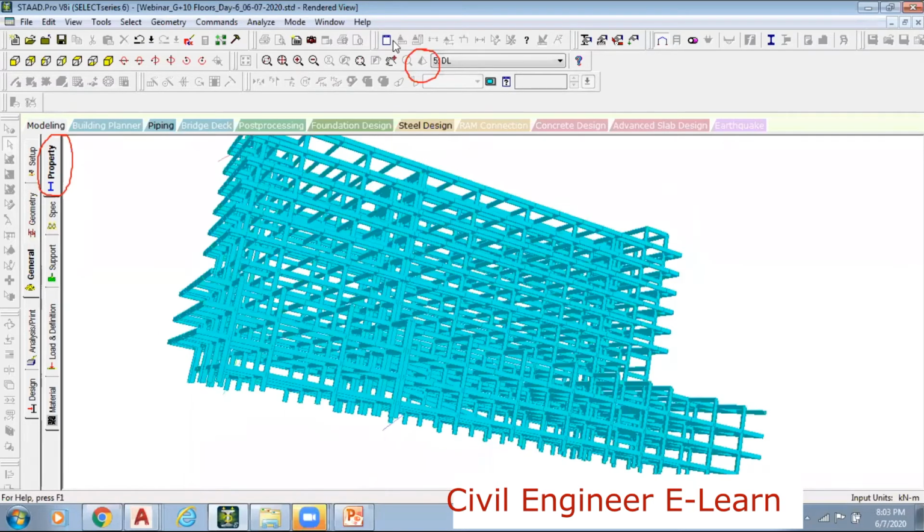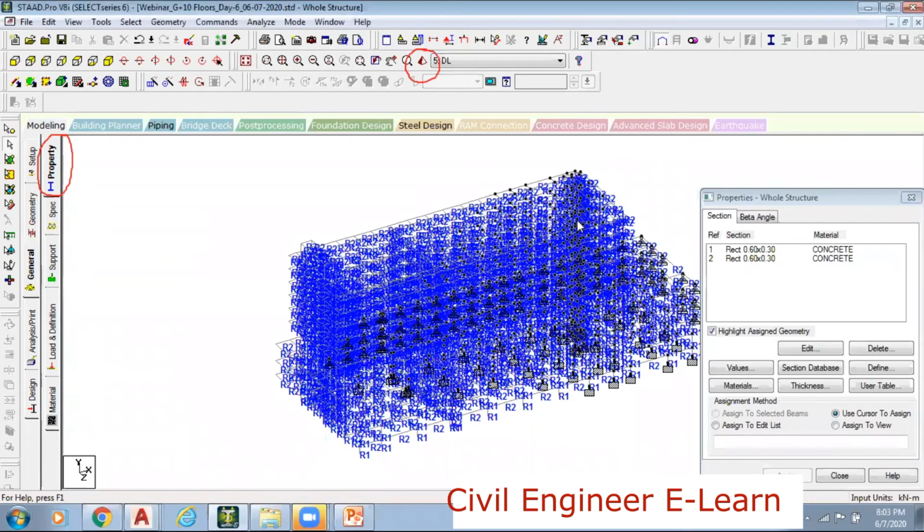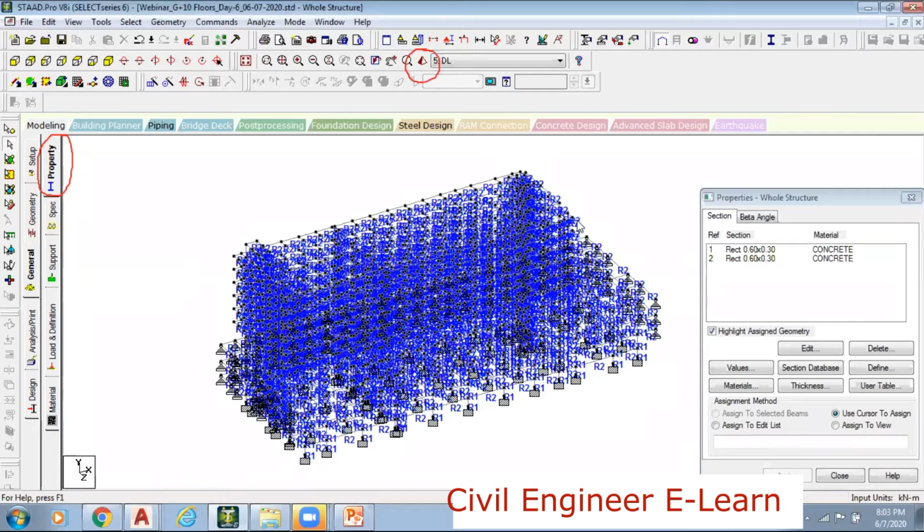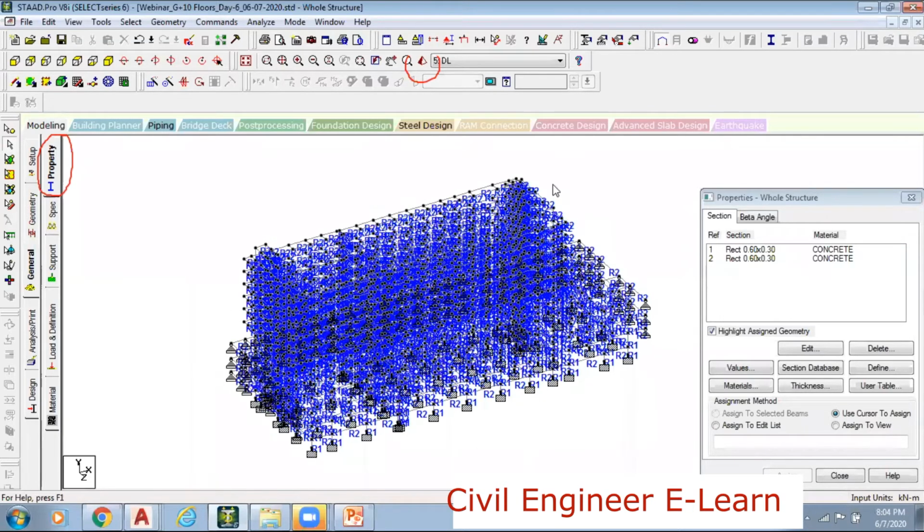Right. Is this clear to all of you? I just have added two properties to it. One is for columns, second one for beams. I did not say how and why we have chosen only these properties, right? We just have given some property to it. And now we are proceeding for the design, right? So this is done. Two properties are assigned to it. And now I'm not going to talk about this specification for now.